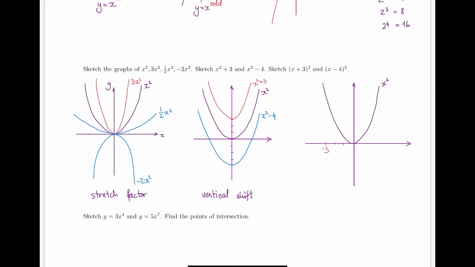The other way to think about this is to think that nothing really changed in terms of the parabola. It's actually the x-axis that got shifted. So the origin is here, or this is where the origin would be, the vertex of the parabola, right? And so my parabola shifted 3 to the left with respect to the origin. So this one will now be x plus 3 all squared, whereas thinking about this one, again, I find